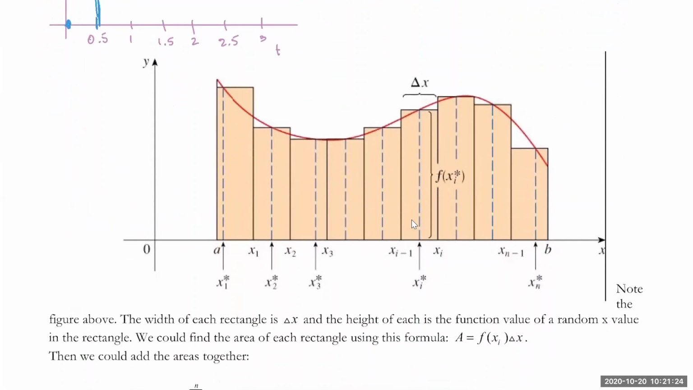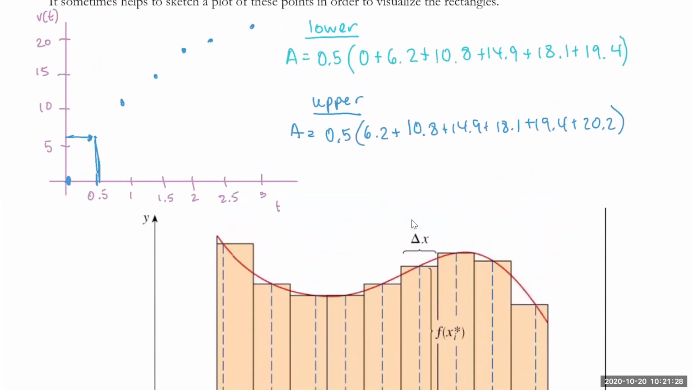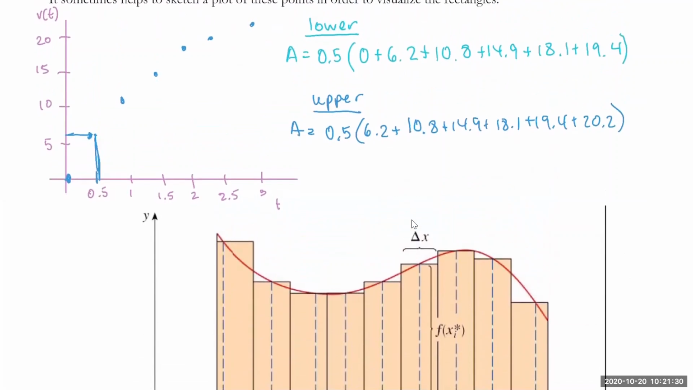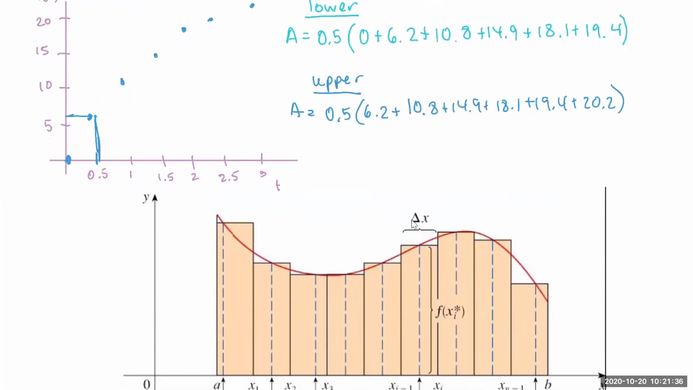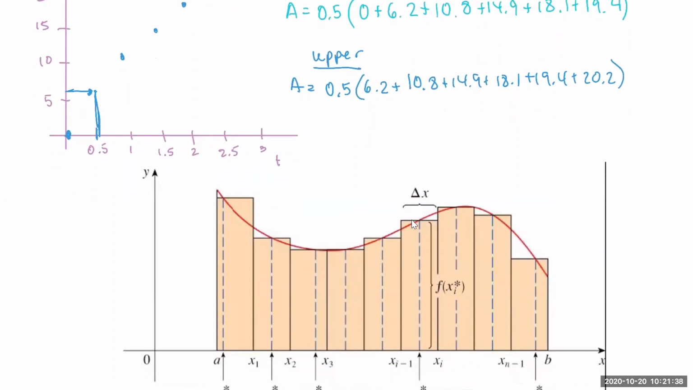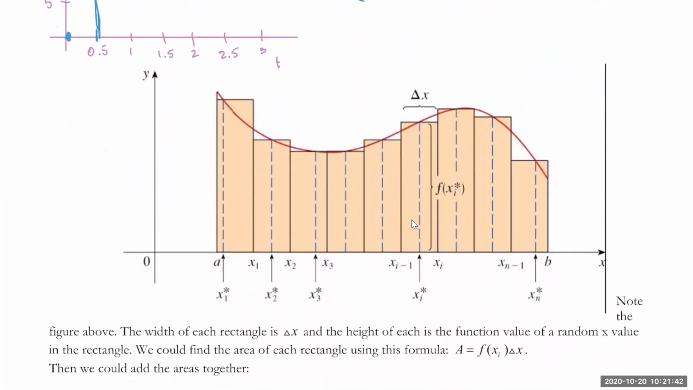Okay, thank you guys. Are there any questions about what we just did? And we'll do another example on this just to reinforce the idea of using rectangles and table of values as well. So I am going to have you guys